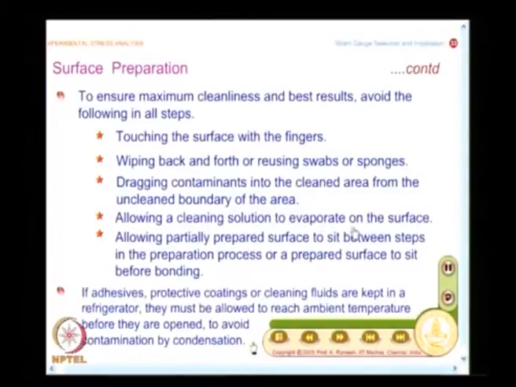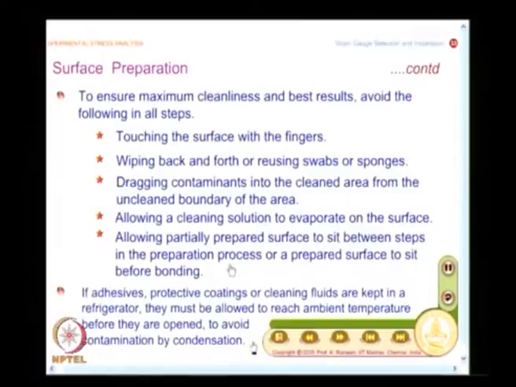When they evaporate, they leave a residue. You would see that the recommendation is to wipe it dry with a sponge rather than allow it to evaporate. If you allow it to evaporate, you will have a residual thin coating formed on the surface.